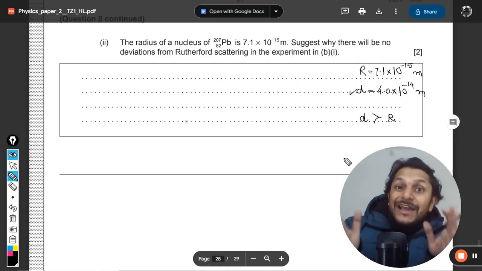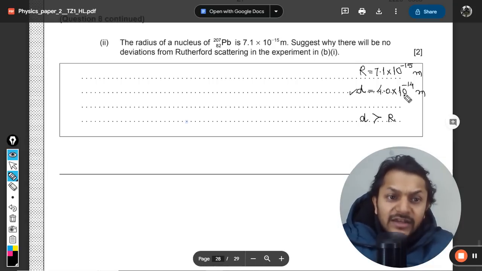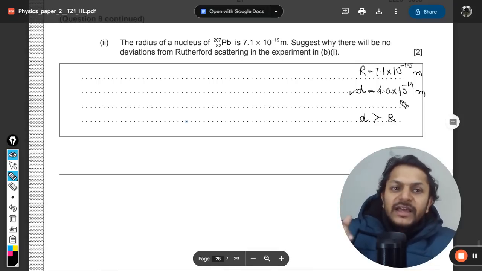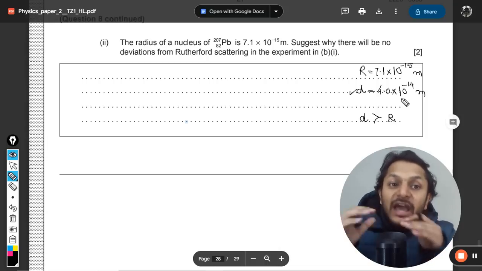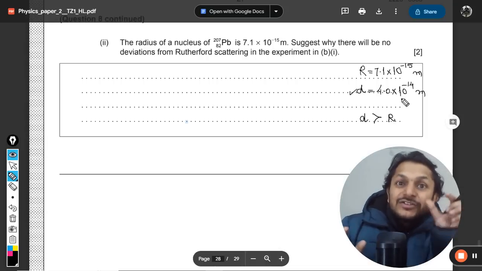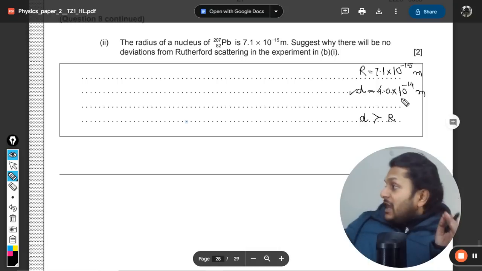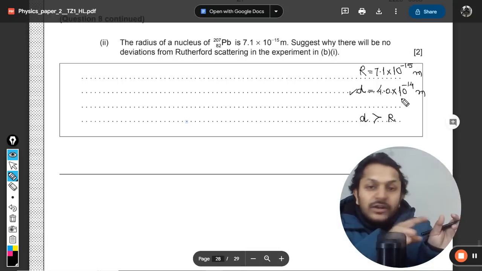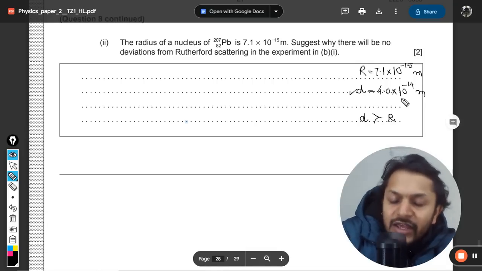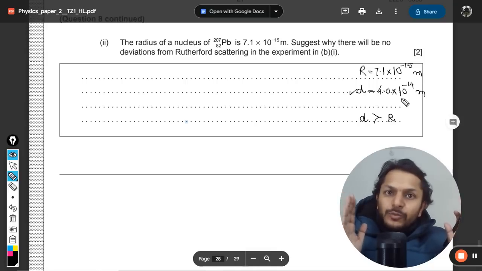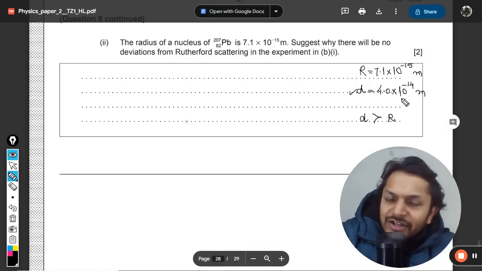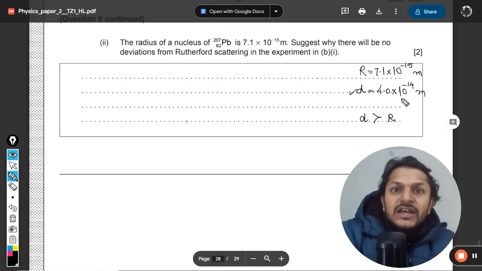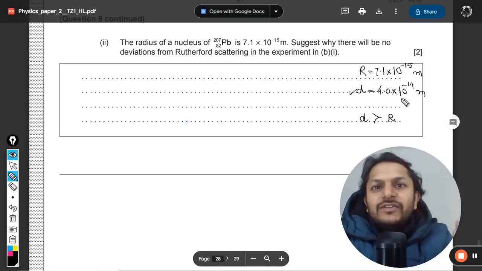So there will be a big gap, a factor of 10 which separates it. It means the distance of closest approach is 10 times bigger than the radius of the nucleus. So this is r, and the alpha particle that is coming was stopped 10 times away, at this distance. So it's very, very far away. It is not able to bridge the distance with this much kinetic energy. The distance is still big. It is not in the nuclear range of Fermi meters,